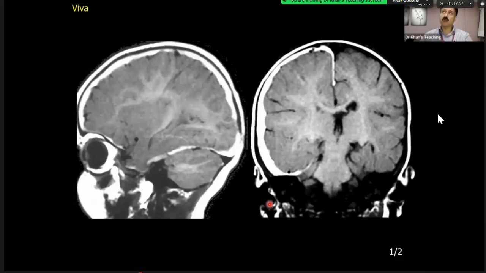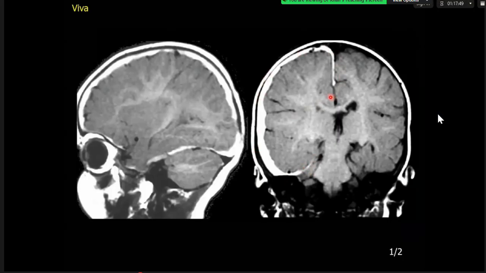Okay, candidate 4. What is this? So I'm seeing that there is hyperintensity on the T1 weighted sequence, and that is all tracking along the right convexity and also within the falx. So this is bright on T1. So I'm thinking that this is a hematoma that is tracking along there, and it will be early subacute.